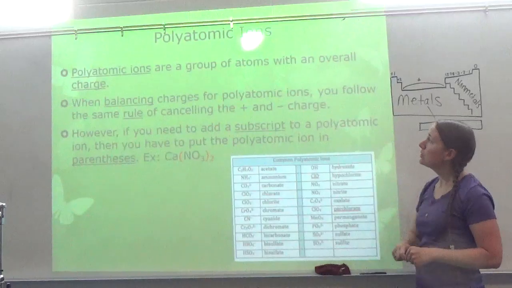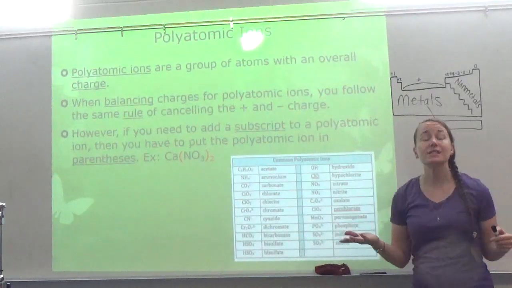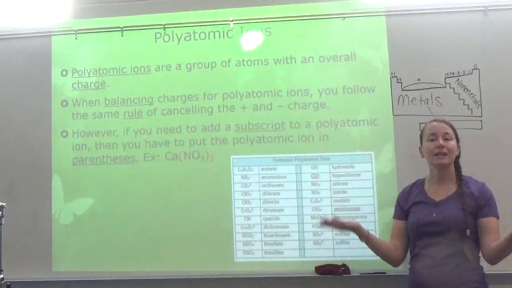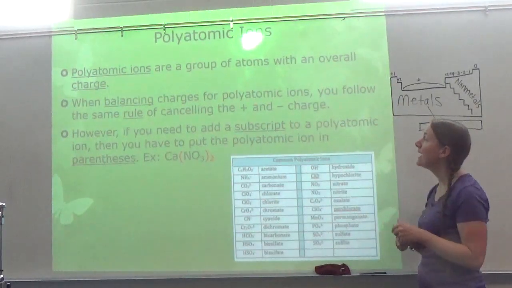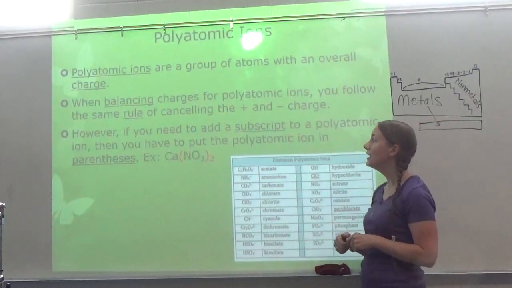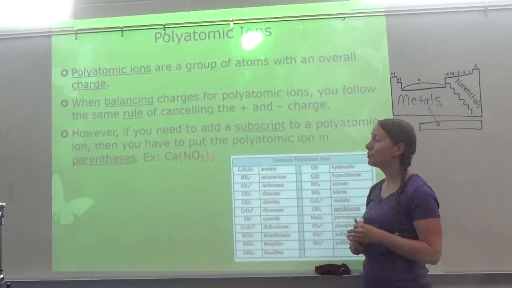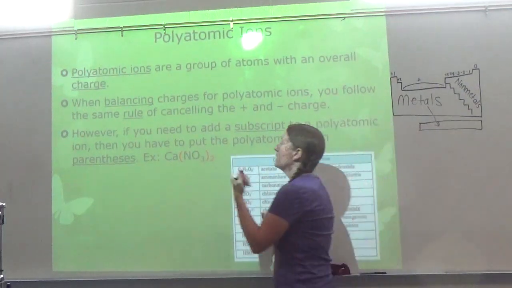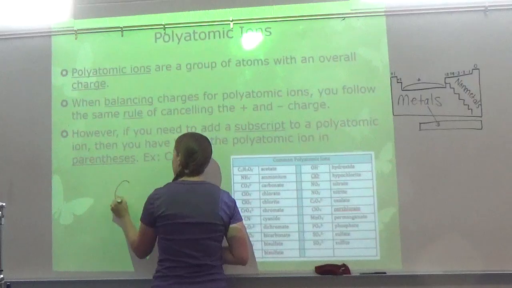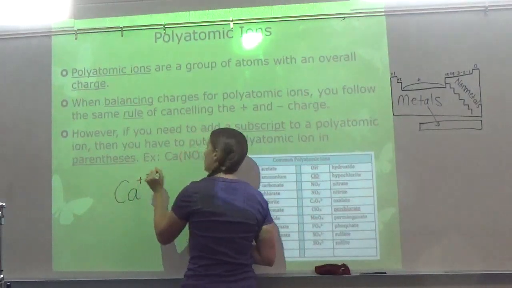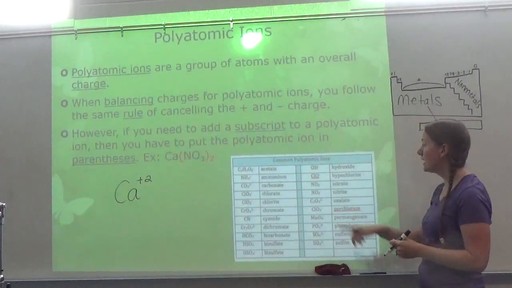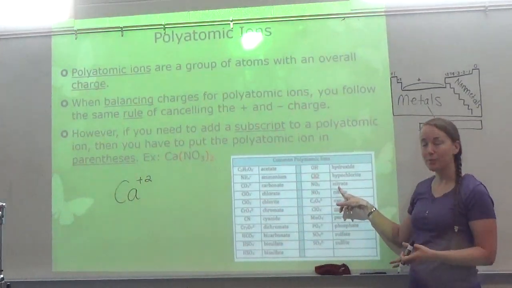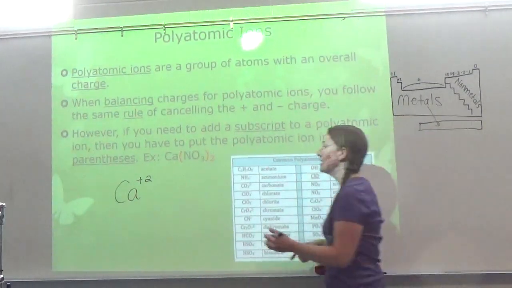When you balance charges for polyatomic ions, you follow the same rule of crossing and trying to cancel your positives and negatives. However, if you need to add a subscript to a polyatomic ion, then you have to put the polyatomic ion in parentheses. So for example, if we're doing calcium, which is Ca, it's in group 2, so it has a positive 2 charge. And say we are going to bond it with nitrate. So nitrate will be on your polyatomic ion sheet is NO3